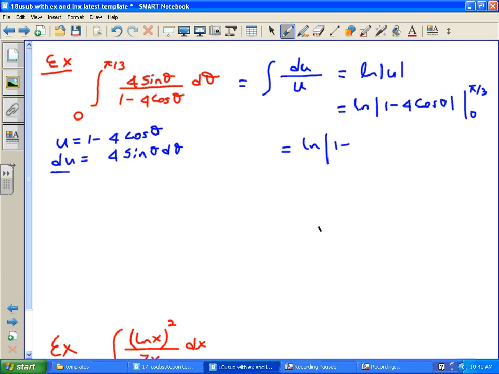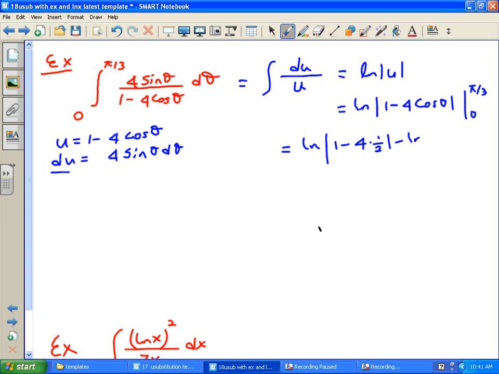Okay, I'm going to start by plugging the upper limit. What do we know about cosine of pi over 3? Pi over 3 is 60 degrees. Cosine 60 is the same as sine 30, which is what? 1/2, right? That's one of the important angles we should know. So this will be 1/2